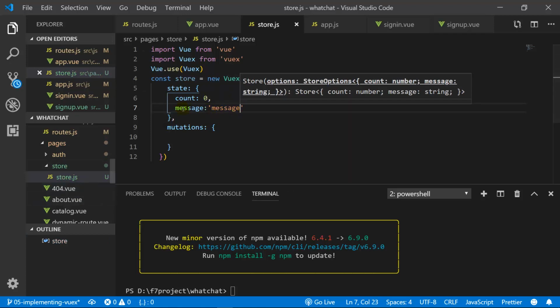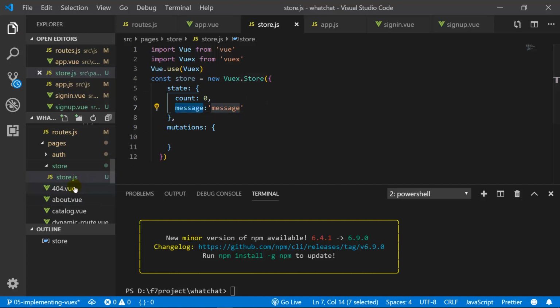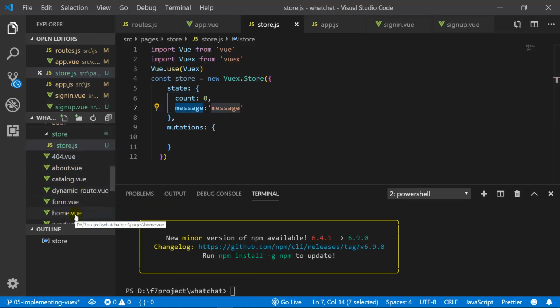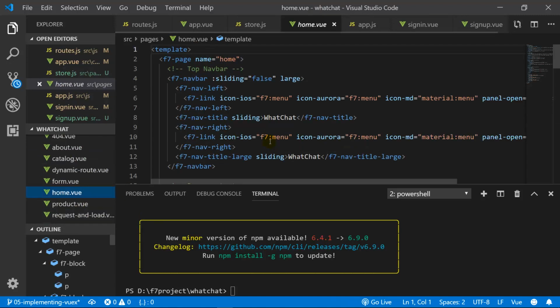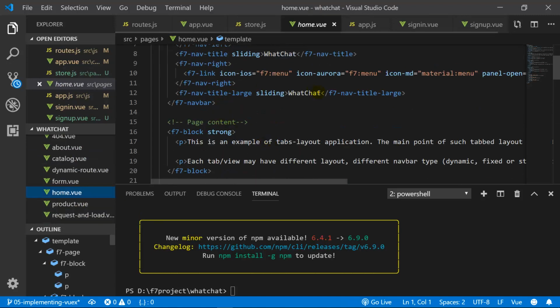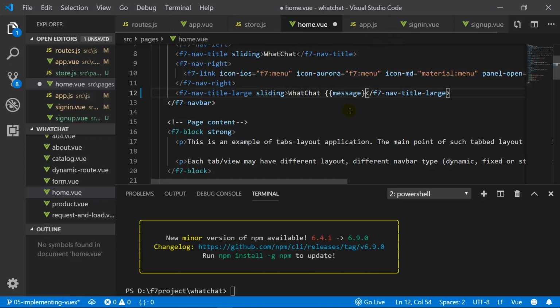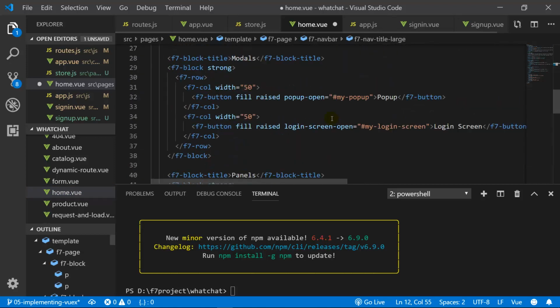How we use this message is if we go back to the home.vue and let's see the big title. If we change this to message and we add the computed properties,